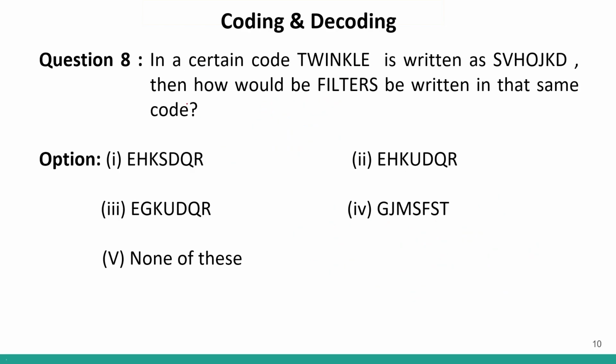Moving on to question number 8. In a certain code, twinkle is written like this. We have to find the code for filters. Okay? We have to find the code for filters. Now, this is the alphabets for twinkle. It is written as